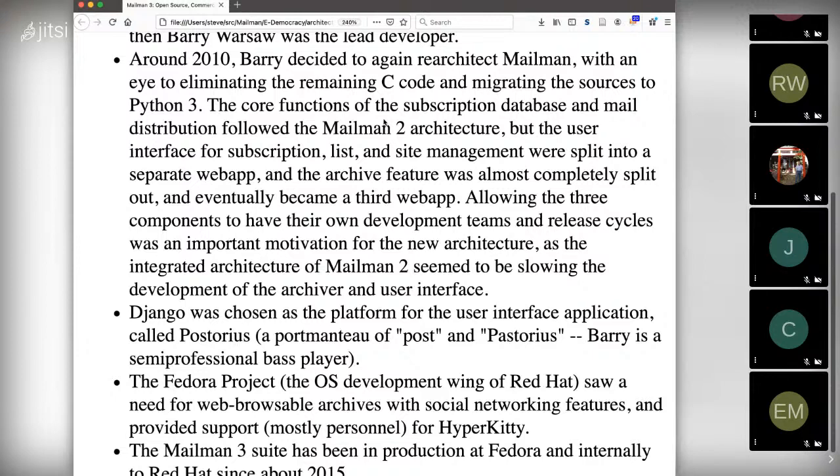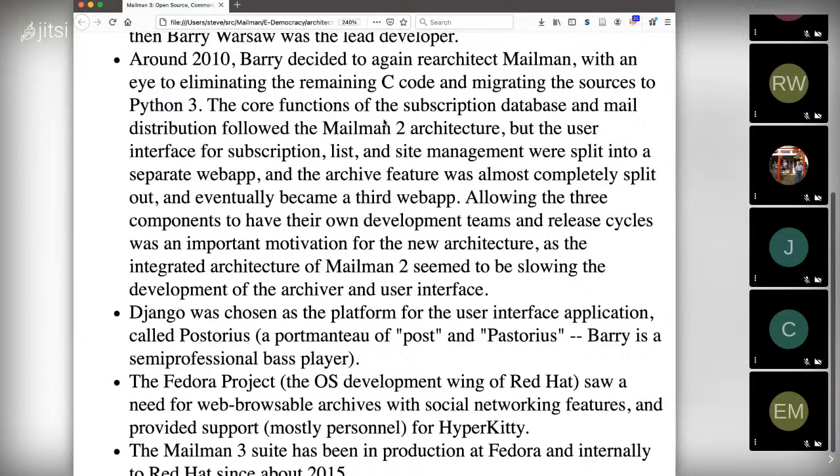And that's where the Fedora project came in. They picked up this because they wanted a web browsable archives with social networking features for their developers. And they provided support for a new project called HyperKitty, mostly personnel. These were paid developers, paid by Red Hat, and they produced the HyperKitty archiver.